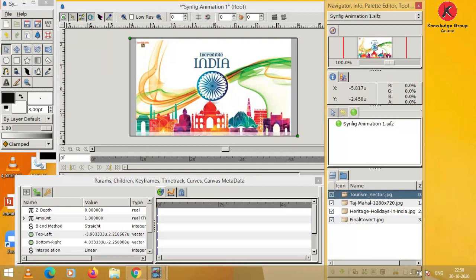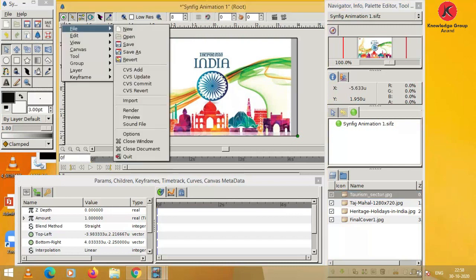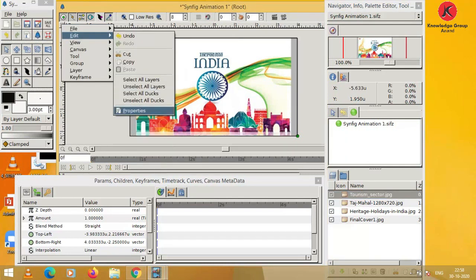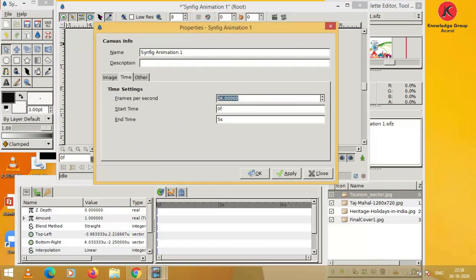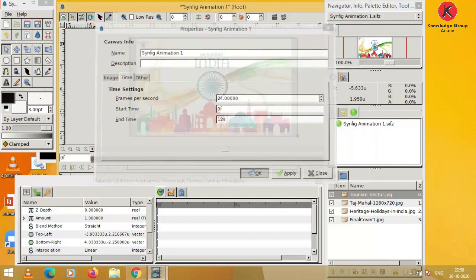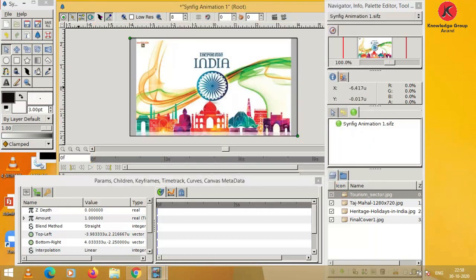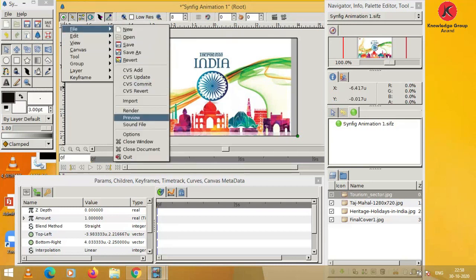So first set the time by using the canvas menu, use edit and choose properties. Select time and edit end time to 12s, and click on apply and choose OK. Then you can see the preview: file and preview.